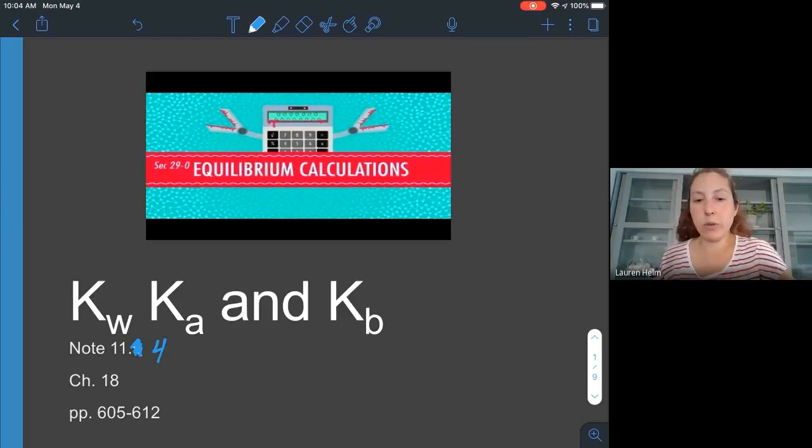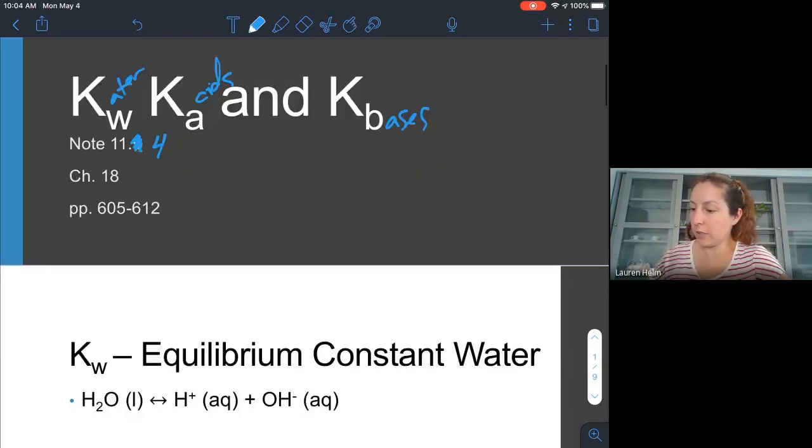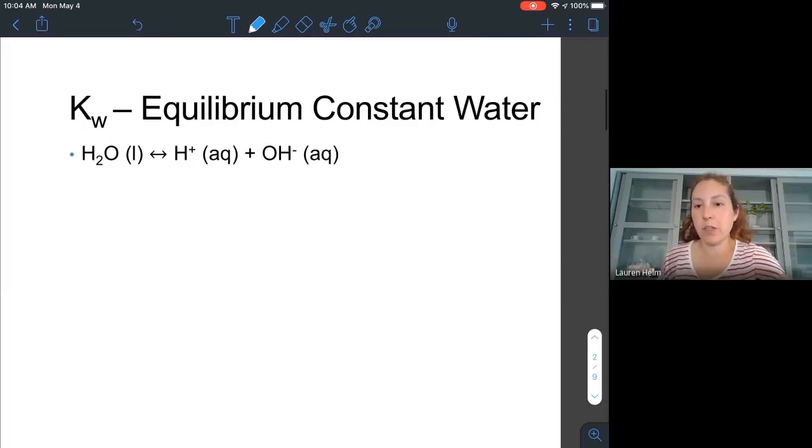All right, so 11.4, we're going to talk about the equilibrium constant for water, for acids, and for bases, or what we call Kw, Ka, and Kb. Kw is something you've seen before. So let's get a little refresher. In our acid-base unit, we talked about the Kw, or the equilibrium constant of water. We said that the Kw is equal to the products